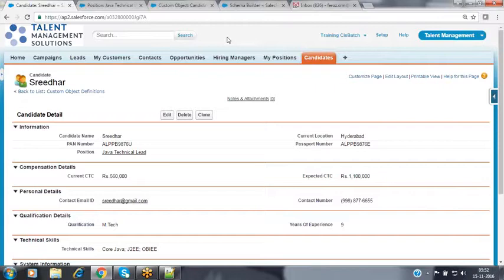Basically, whether you are creating the lookup or the master detail, by default it provides a foreign key field on the child object automatically. But the foreign key is not mandatory. You may enter the parent record ID or you may not. A foreign key accepts duplicate values as well as null values. But here they have given the differentiation that sometimes we can make the foreign key value empty, nothing but null, and sometimes we can make it mandatory. That's why they have given these two types of associations.